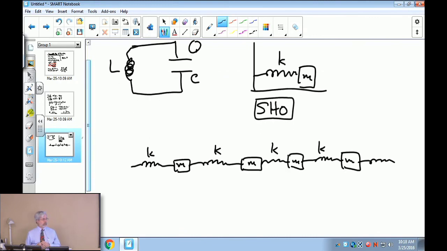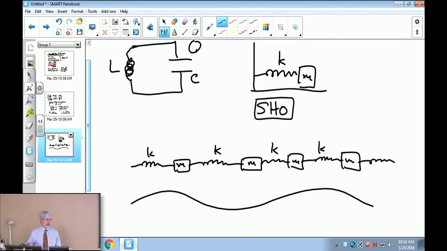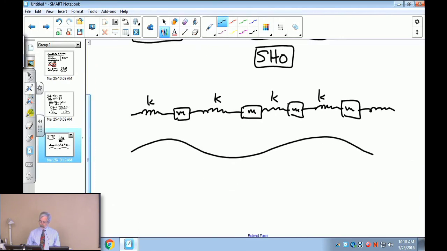In fact, if you break the masses up and put smaller springs between them, and hook them together, you can get to a limit that looks like a rubber band, for example. And the equation that describes the motion of the rubber band, the oscillations of the rubber band, is the wave equation. And you can see that. Suppose that in the case of the rubber band, y of x and t is the displacement of the rubber band